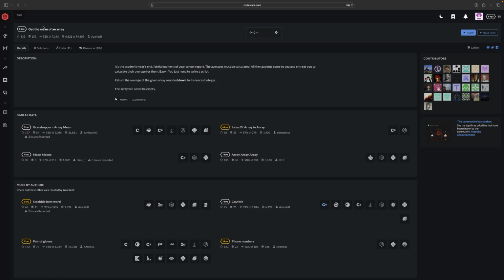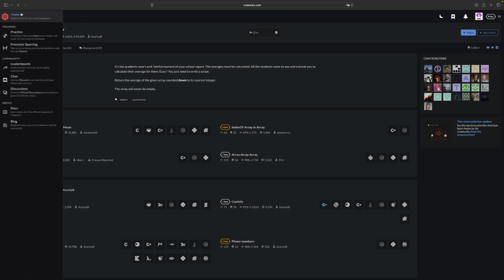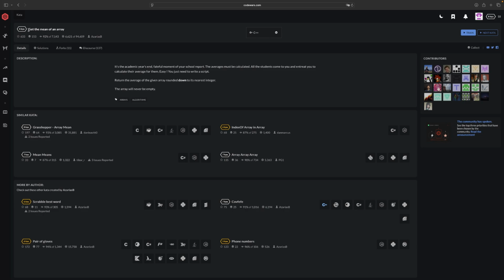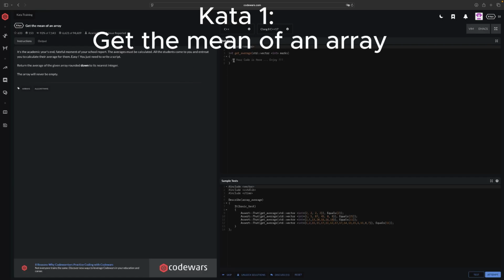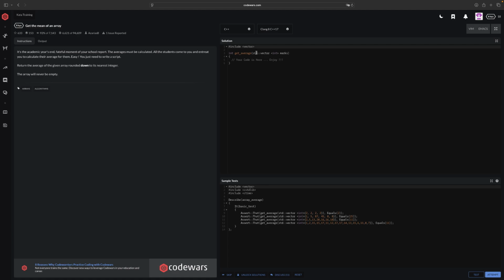In today's video I will be doing some kata training from Codewars. I will be solving this get the mean of an array problem rated an 8Q. Let's go. This problem I'm gonna have to solve the mean of an array which is given in this line